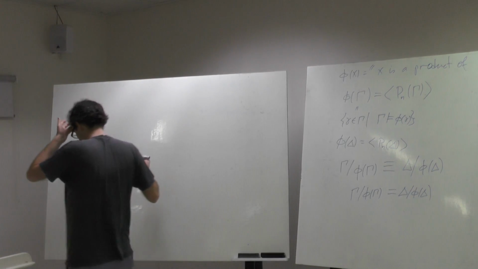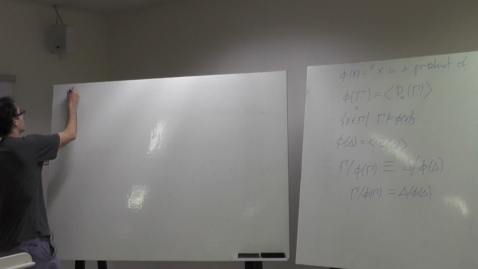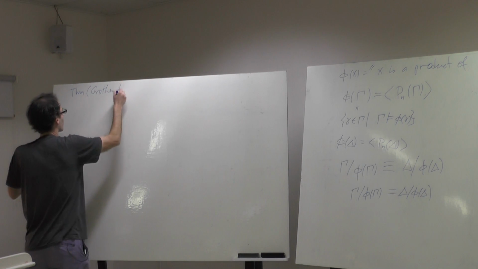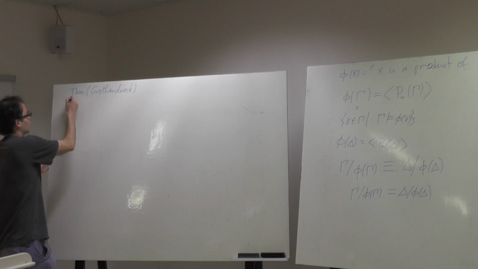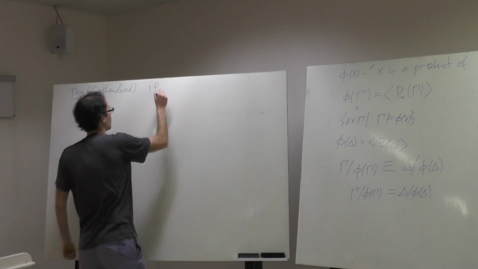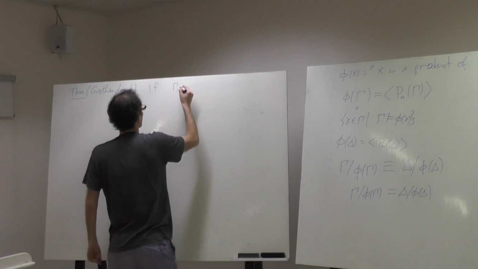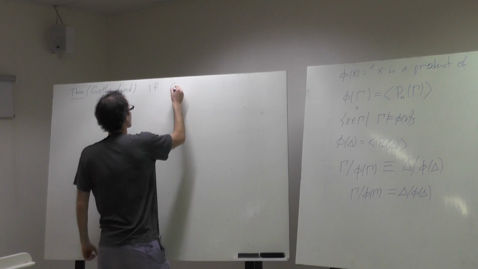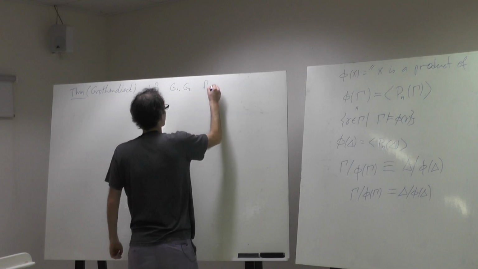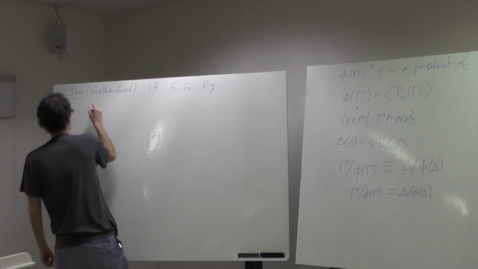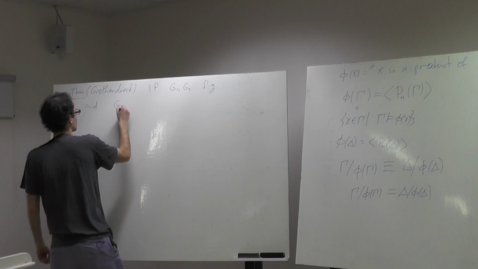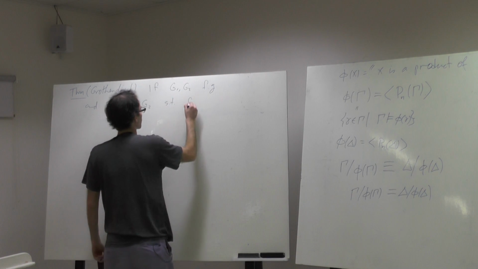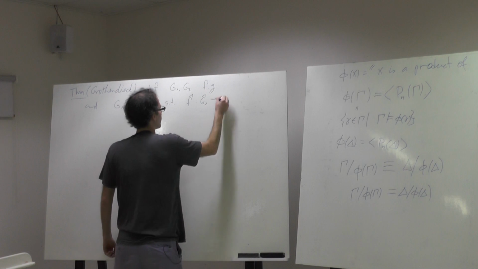And now Grothendieck comes to the rescue and tells you that if G1 and G2 are finitely generated groups, and you have a map F that induces an isomorphism,